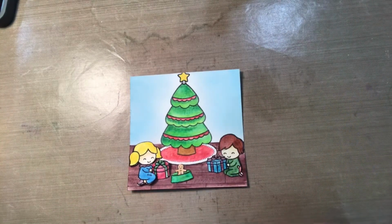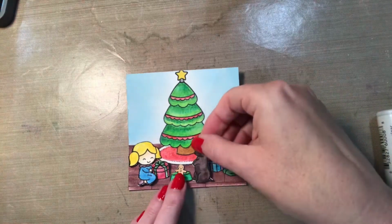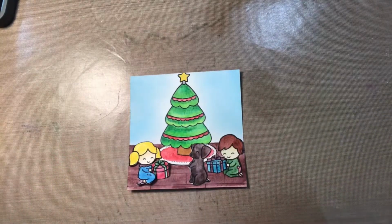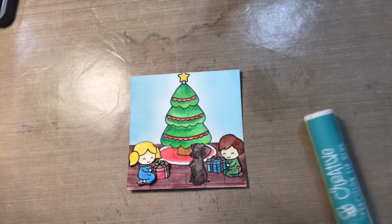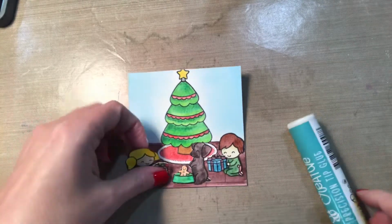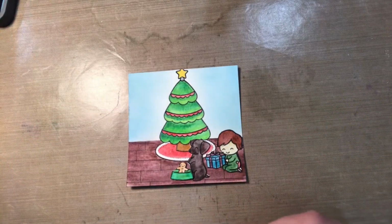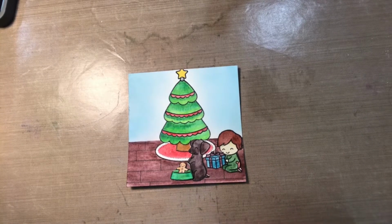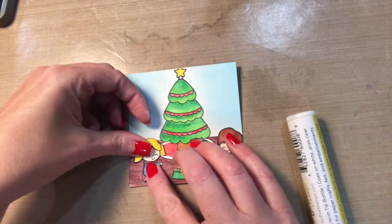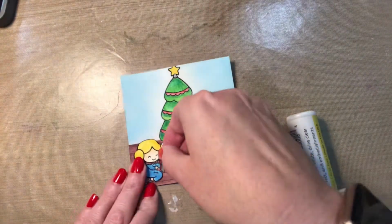One of the good things about this though is that because there's the pixie spray on the back of those presents, I actually just was able to stick them on and just put glue on the back, and I actually kind of kept them as one piece, the girl with the present and the boy with the present. So it was a little bit easier to keep things in place by having the pixie spray on the back of it. I'm just gluing all of the images down into place,